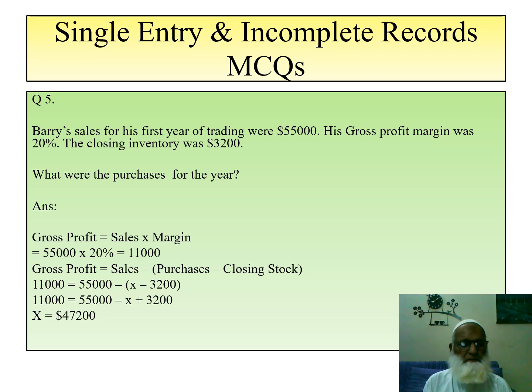bracket, so the 3,200 would become a plus sign. If we calculate this equation, we get X is equal to 47,200. That is the purchases for the year. Okay, now to the